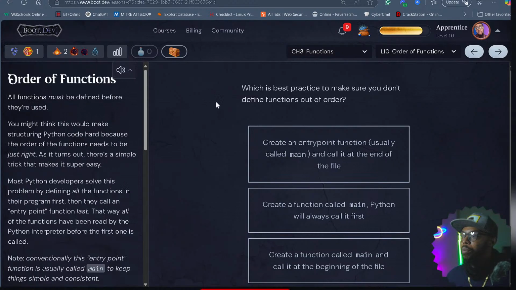So let's see, which is best practice to make sure you don't define functions out of order. Oh, call them all first and then create an entry point and then call them after, or define them first and then call them at the entry point. That's what they just said. So yeah, just know when you go to the beginning,